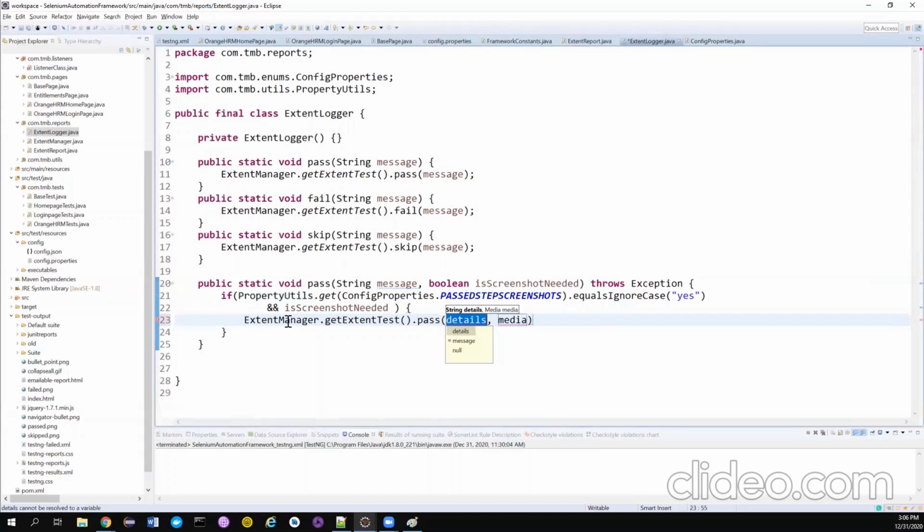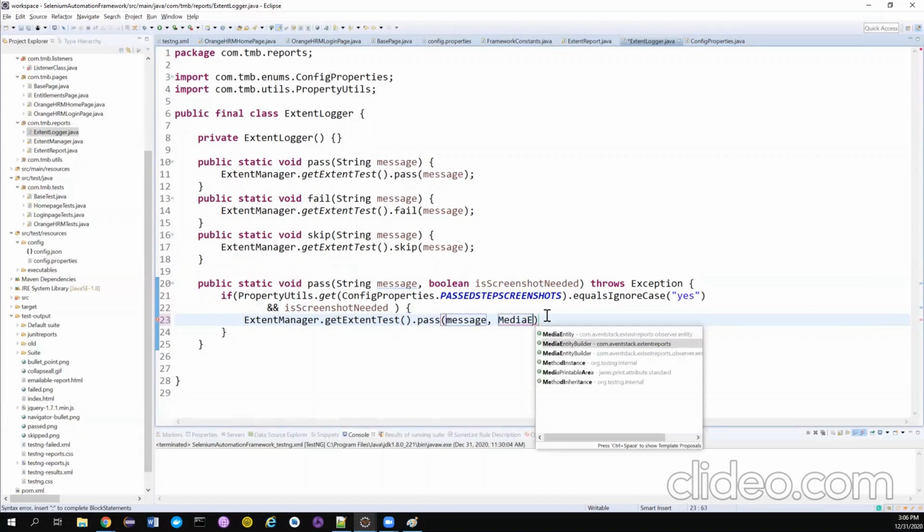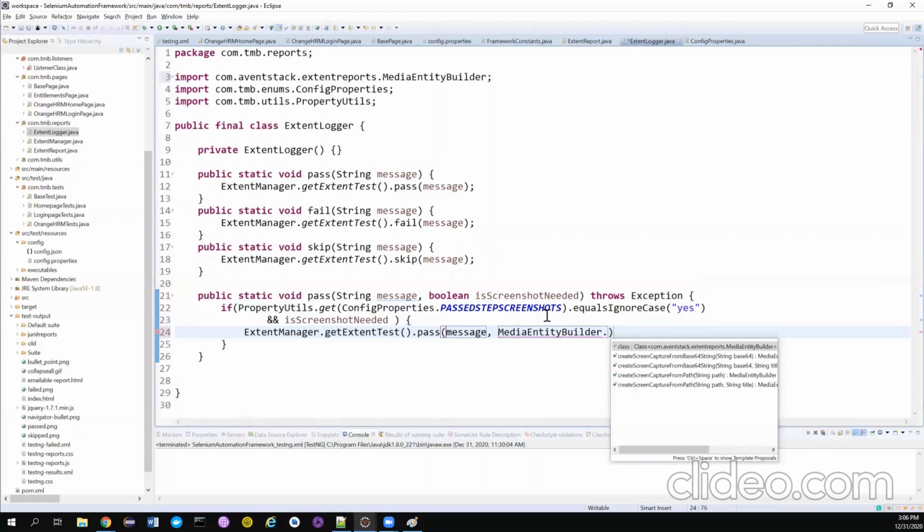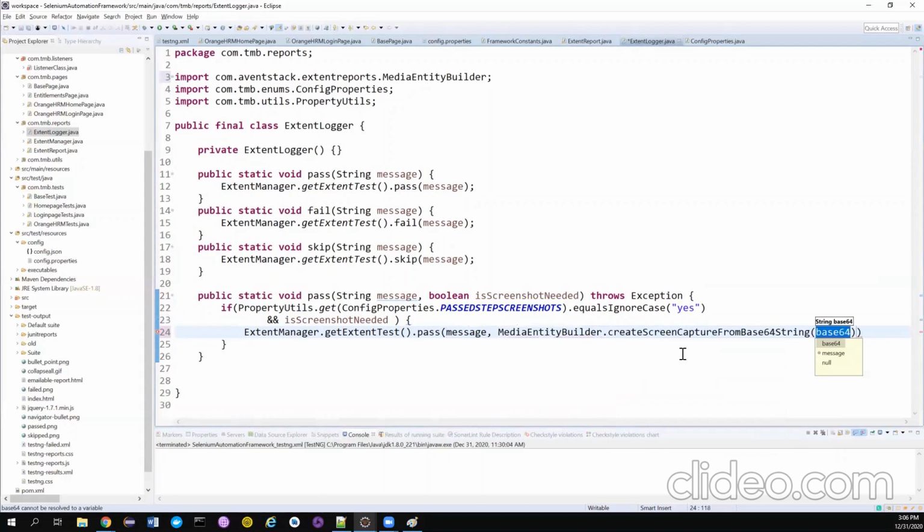We can give whatever the message they are passing, we are passing that message. And I also need to write a code to take the screenshot. So media entity builder, okay, dot, there is screen capture from base 64 string, right? You can use this. Okay, so we are not going to create a file and then move the file to a new location. We are not going to do that. We're going to take a simple base 64 string as a screenshot, and then we're going to directly append it